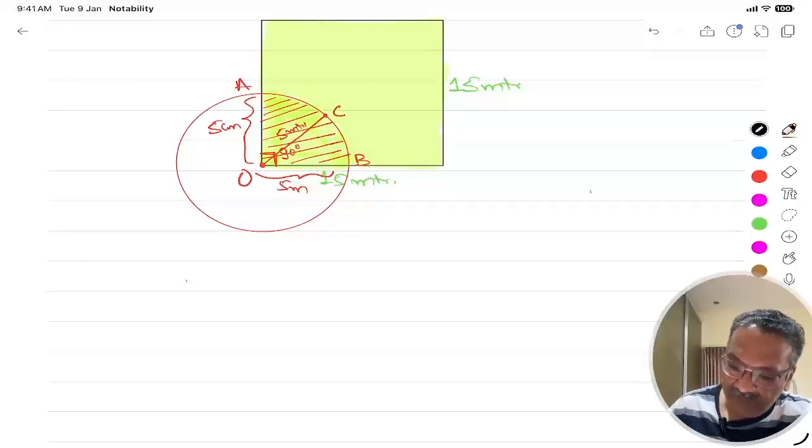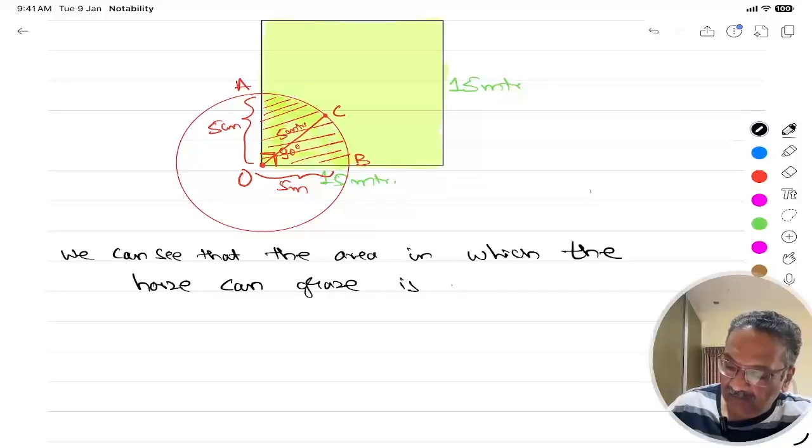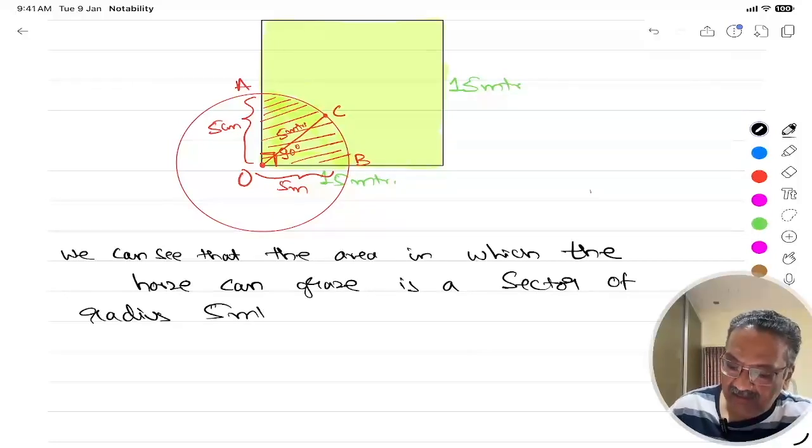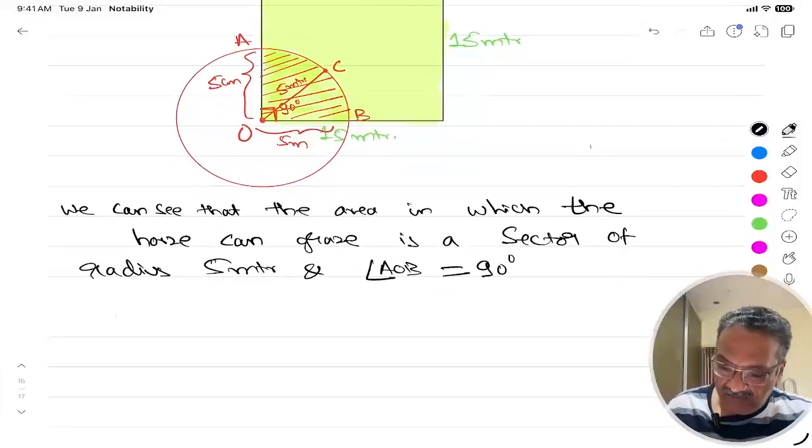See, we can see that the area in which the horse can graze is a sector of radius 5 meters and angle being AOB. How much will AOB be? Since it is a square, it will be 90 degrees. Alright, therefore